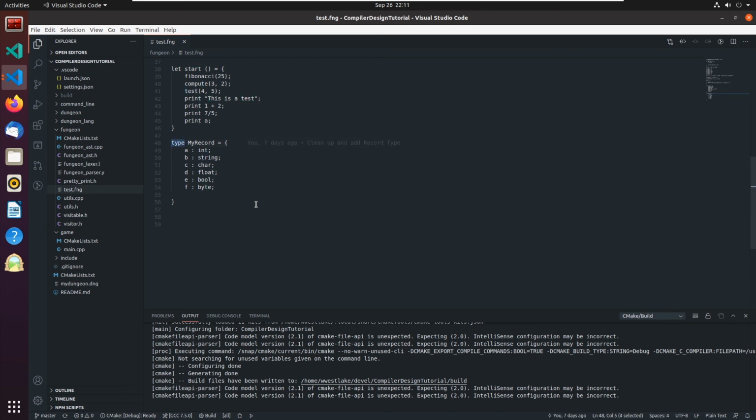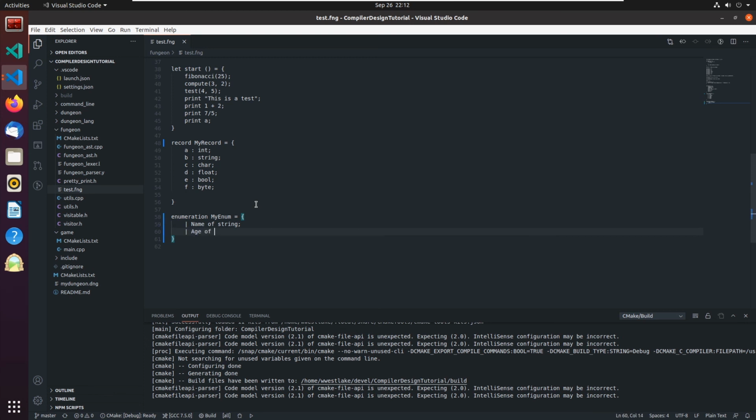We'll change this to say record, and down here we'll say enumeration, and we'll call it my enum equals, and we'll put it in these again, but this time we're going to use a pipe symbol at the beginning, and we will have a type name like this, and we'll say of string, ending that with a semicolon, and we'll say or